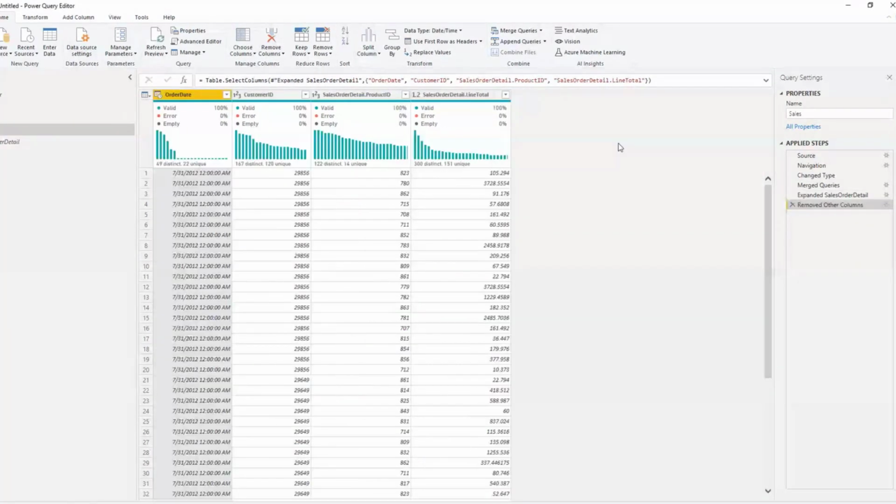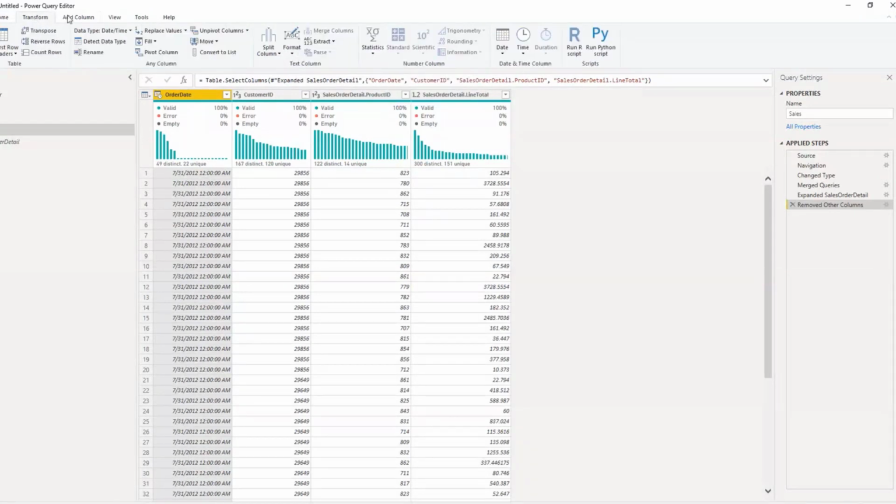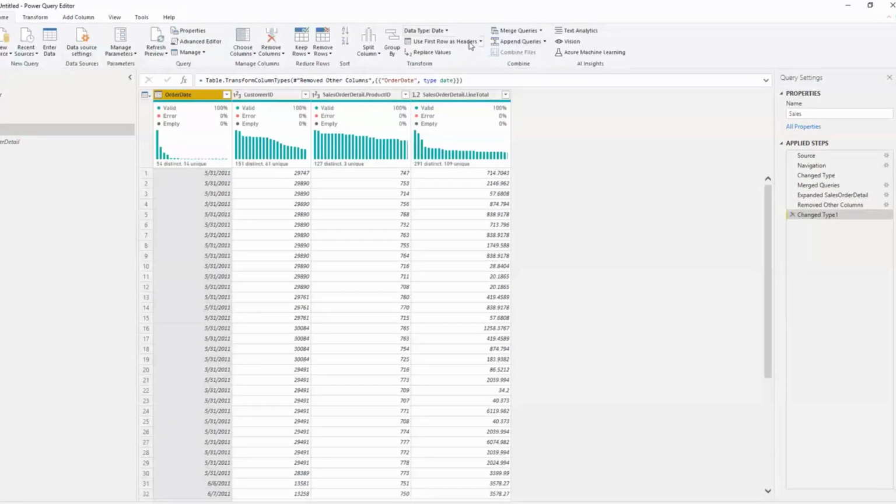And one thing you need to do before moving further is to aggregate these tables, right? So to aggregate, we'll be using the group by option that you see in the home tab, under transform. But before that, let me just convert this order date to date first. Right, order date converted to date, done there. And what I'll be doing next is using the group by option, home, transform, group by. You see it right on top, and click on it.